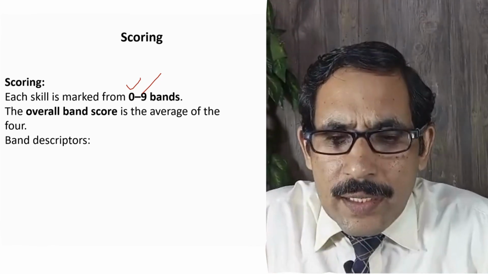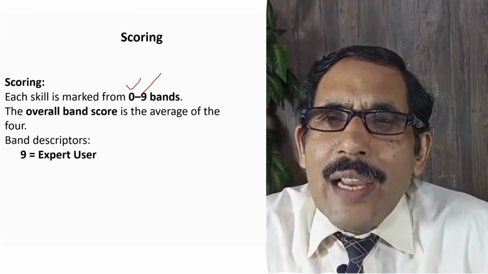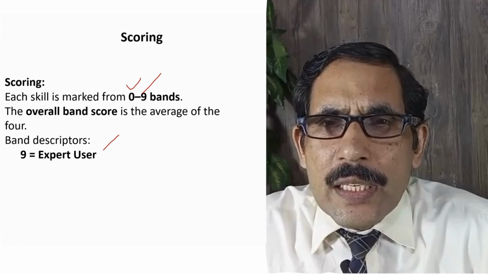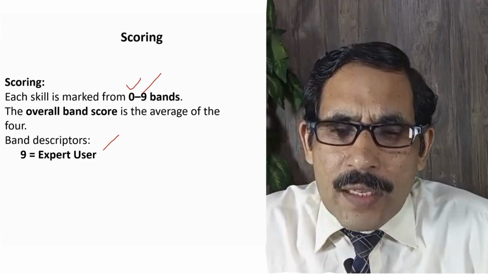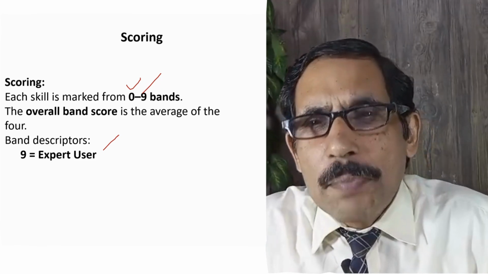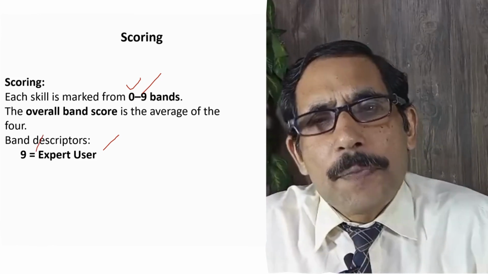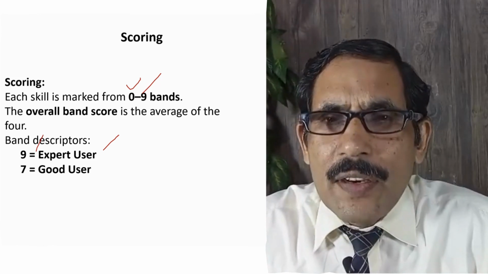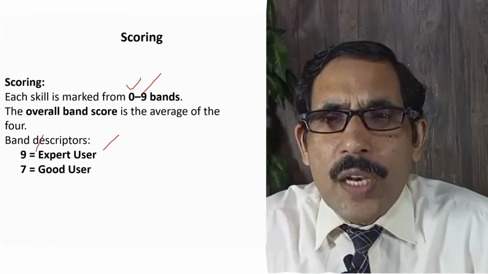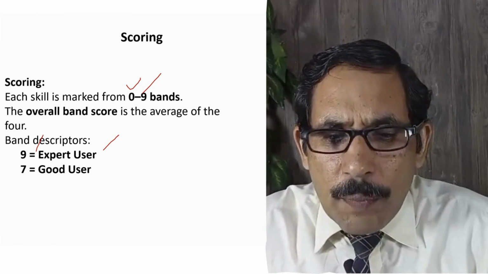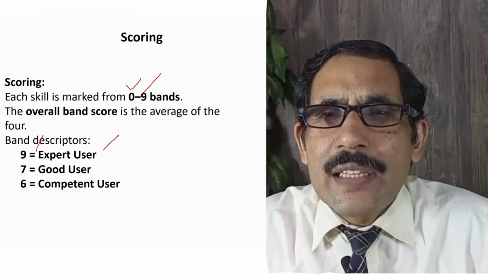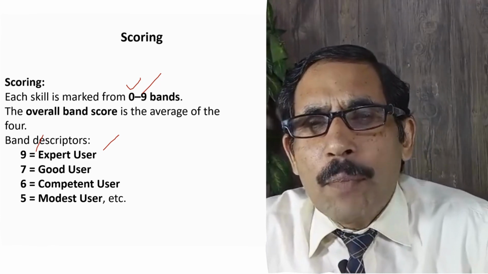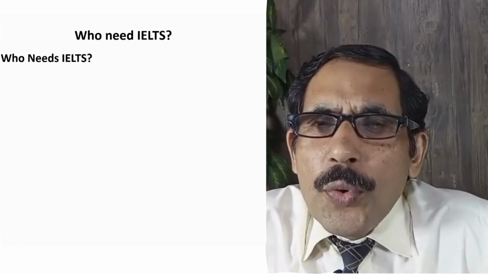If you talk about bands, 9 is the highest band, of expert level. If any person achieves 9 band, it means that he or she is an expert. If we talk about 7, it means he or she is a good user of English. And if we talk about 8, it means that is very good, and 5 is the modest user who uses English at a moderate level. If we talk about who needs IELTS,